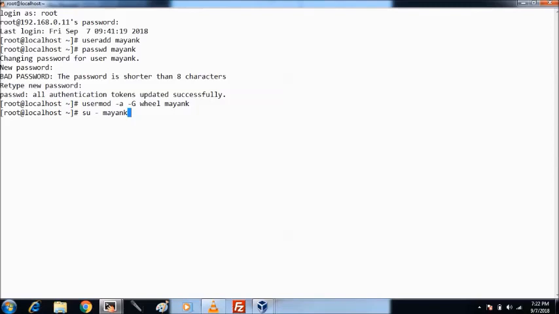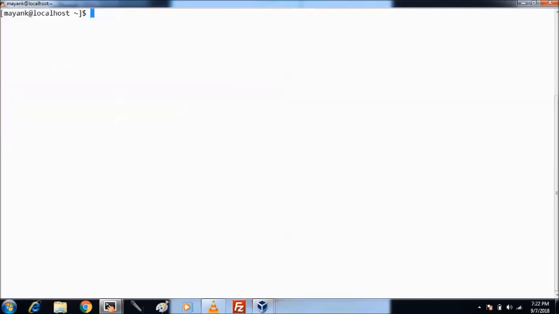Currently I'm logged in as the root user, but I don't want to play with the root account, so I'm just jumping into the user which I have created now. So here my user is created, where I am currently on my localhost. Okay, right? So my first target is to install; this is a new raw machine, so I should say sudo